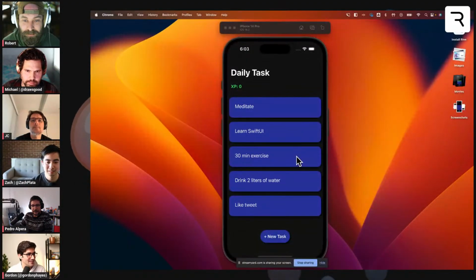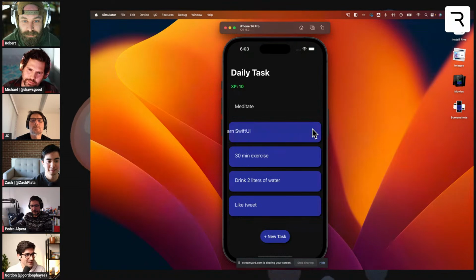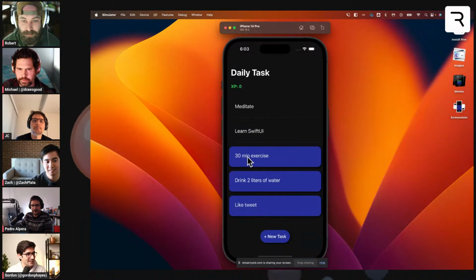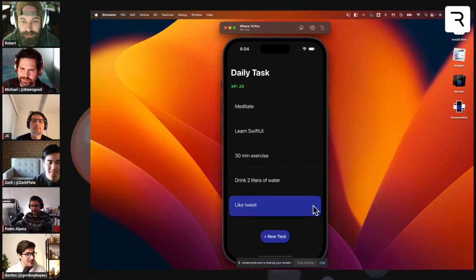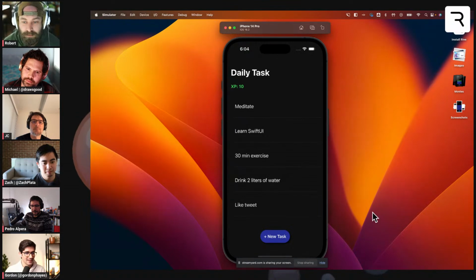So Robert, this is your animation. The improvements we made are better swipe traction, so it's more consistent and feels like a swipe interaction. We also have a little counter there. So if you do your daily task, you get XP. The code is already live. We will post it as a comment. There's one small update that I need to push right now, actually. But this was really fun to make.